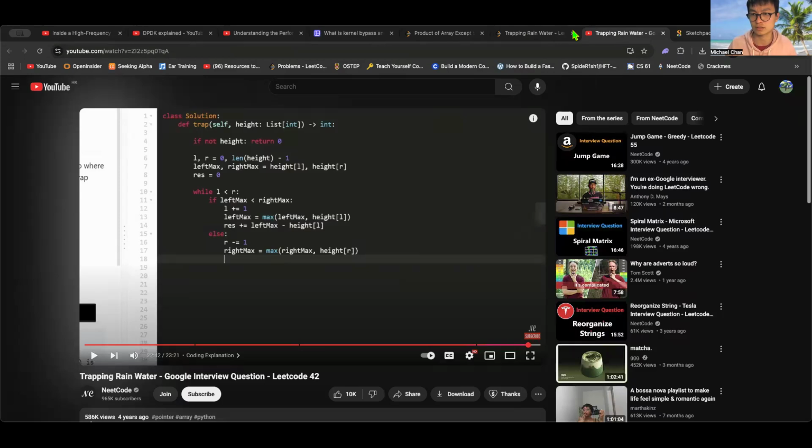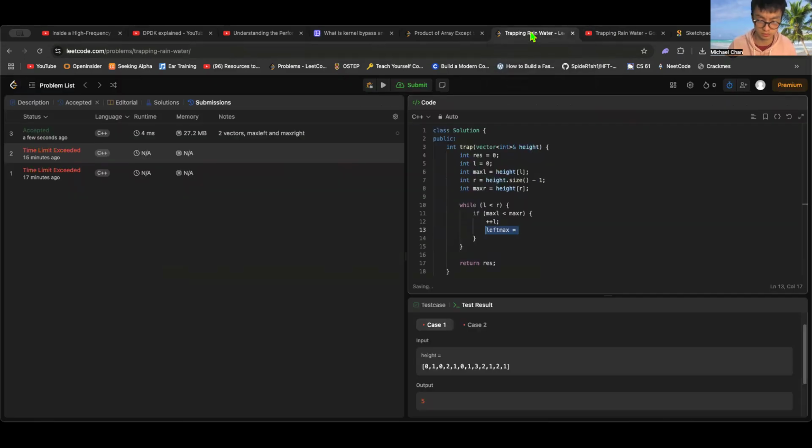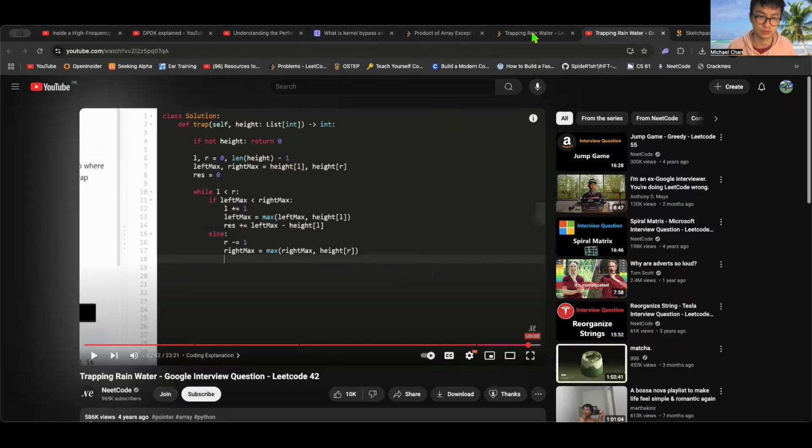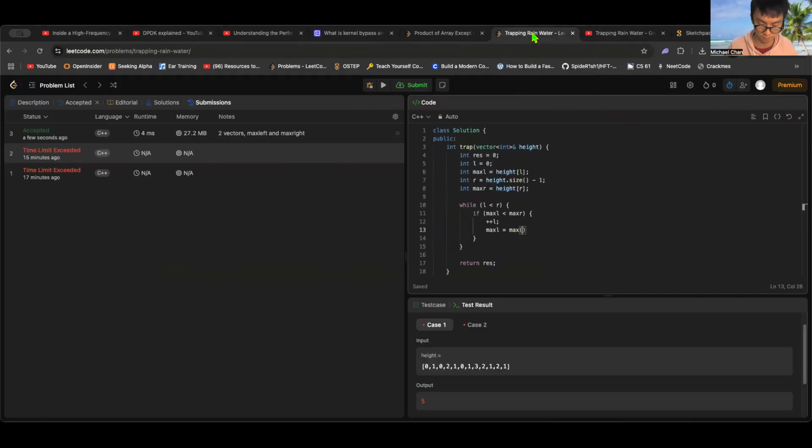And then left max will be equal to a maximum of